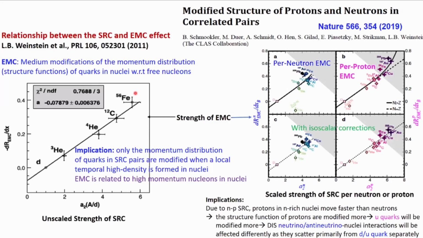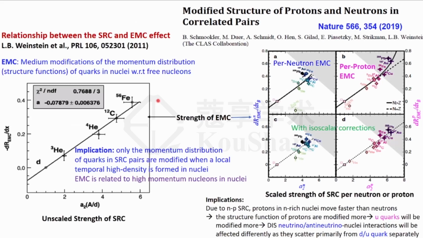It is a medium effect on the quark distribution in nucleons moving inside a medium. This was discovered about 35 years ago, but the dynamical origin for this modification of quark momentum distribution in nucleons residing in nuclei or nuclear matter is not completely